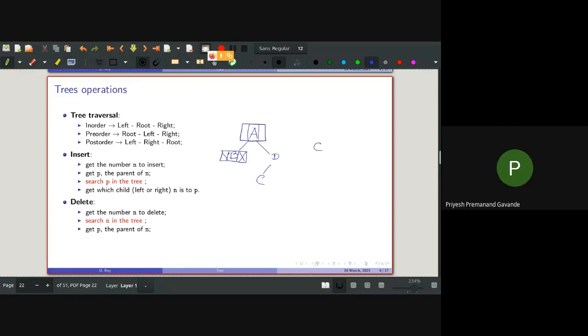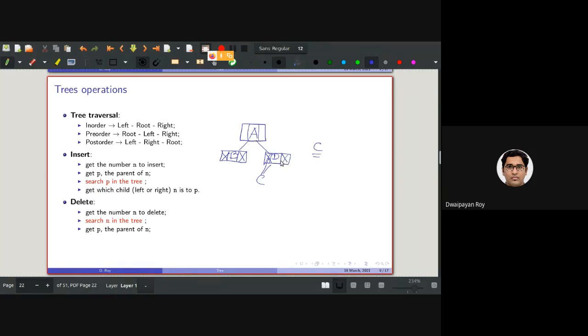Make the left child pointer of the parent equal to null. Absolutely correct. Earlier this was pointing to this. So deleting C means I need to make the corresponding child pointer of its parent null. So to delete one node, we need to get to its parent as well.